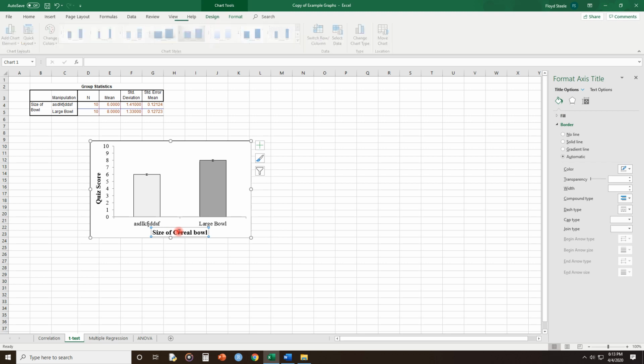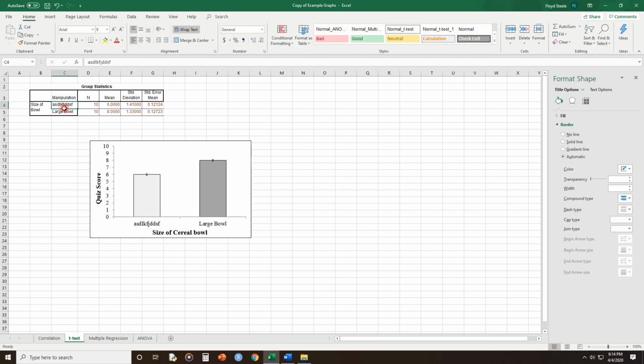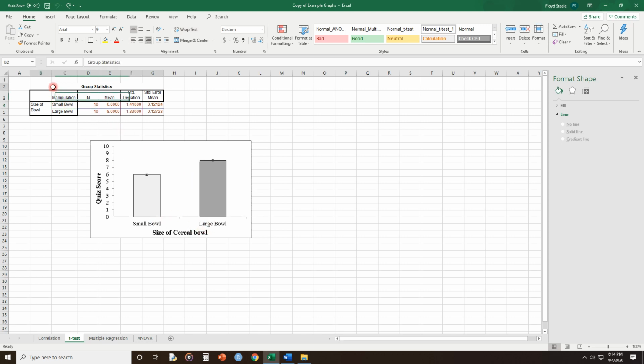So if you want to change this label, you just interact with it and delete it and rewrite it. But if you want to change these labels right here, you actually have to change the text in here, and it'll automatically update down here. Now, this group statistics table should look almost identical, if not identical, to